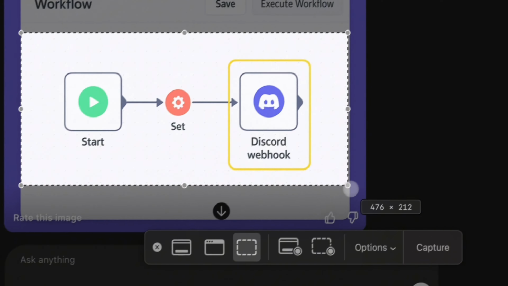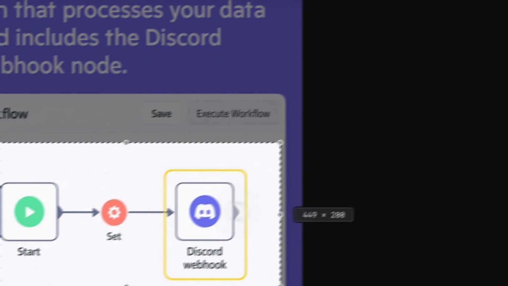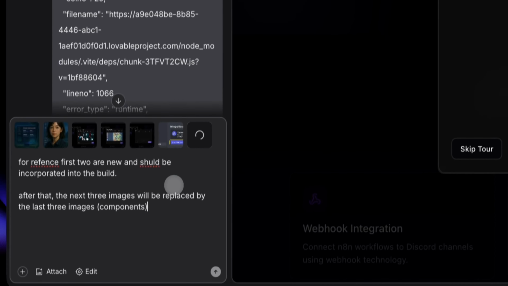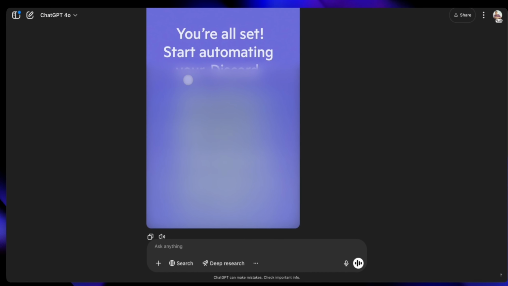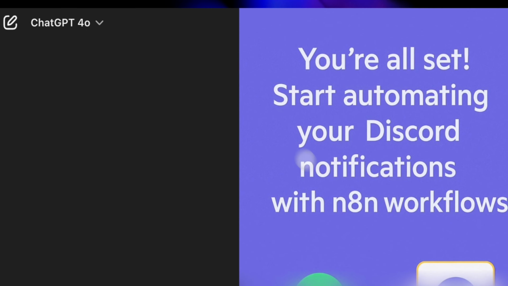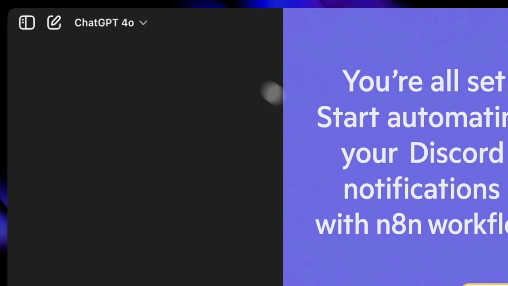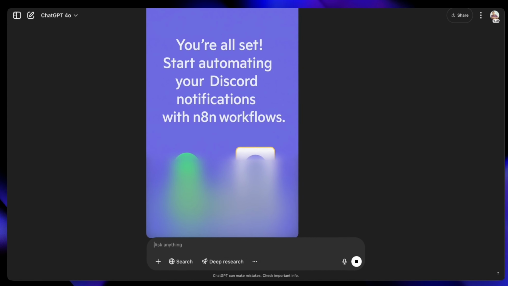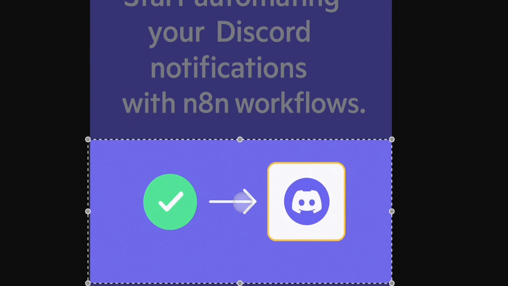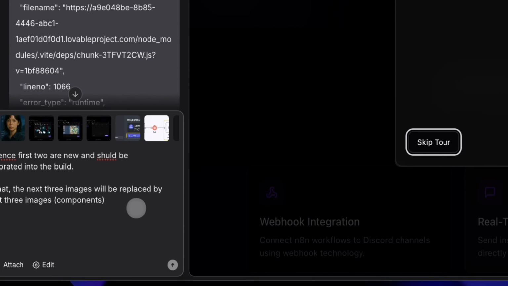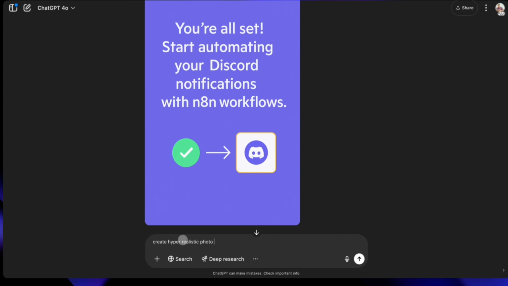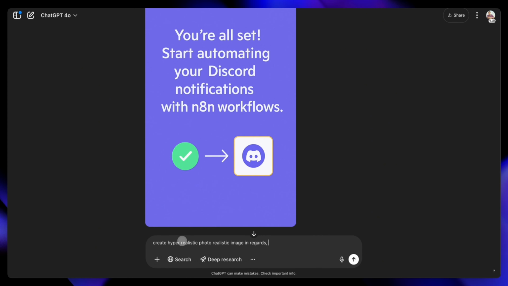So I'm going to take this little picture that ChatGPT has made me and just a portion of that picture because I just want that learner part, even though it looks more like Make instead of n8n, which is fine for demo purposes. We're going to stick that in there. Notice all the pictures I'm sticking into Lovable prompter. Lovable's not going to make sense of all of it, but it will make sense of it for the most part. But what I'm trying to do is just jam as many images in basically as I can anyways. I know that it'll make sense of a lot of it, almost all of it.